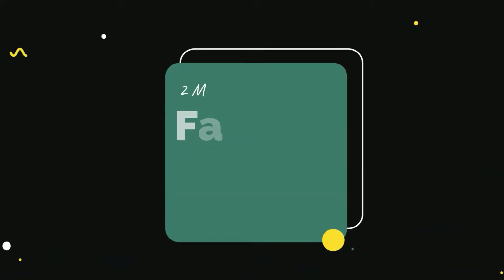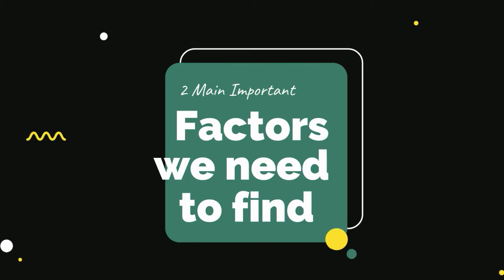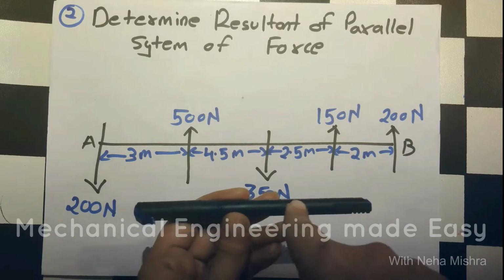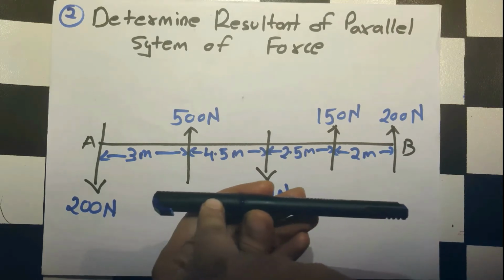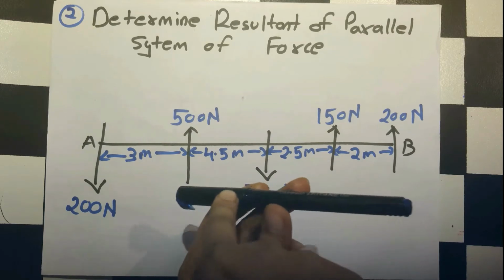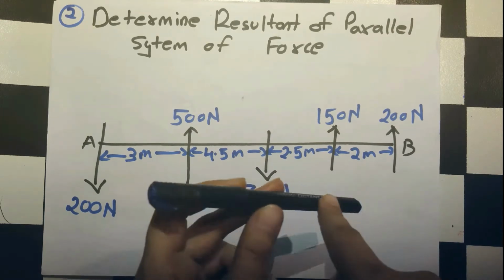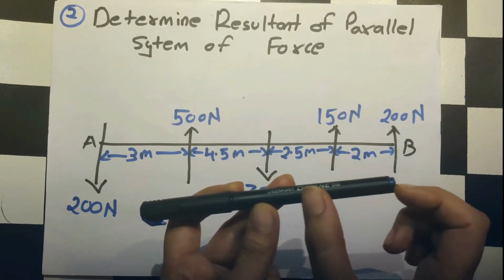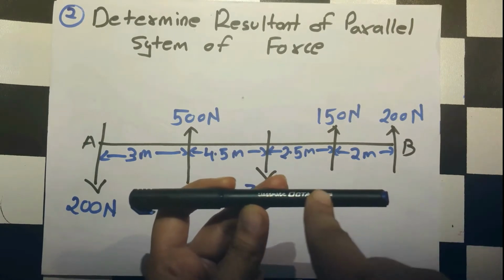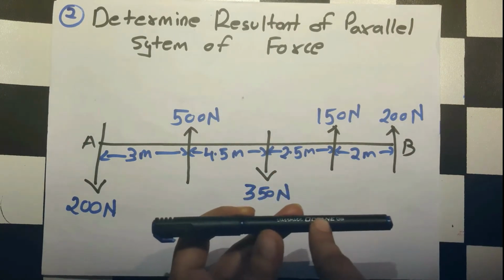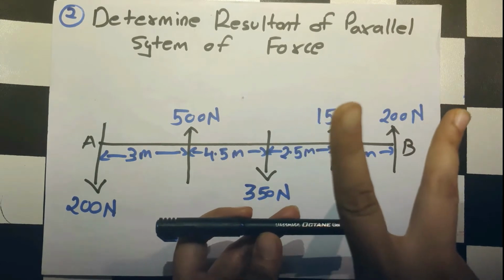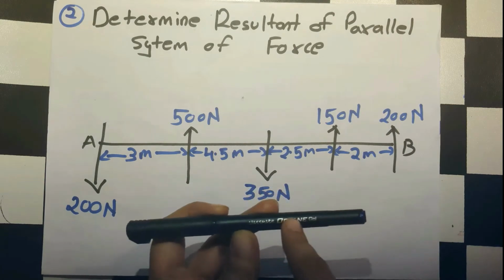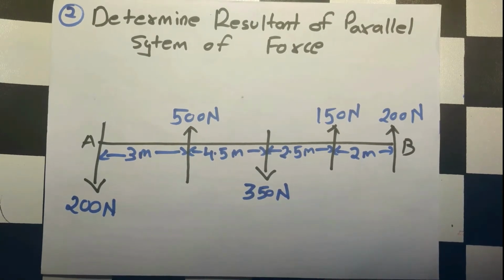The two main important factors that we have to find in this parallel type of force system are the resultant magnitude. What will be the magnitude of force that we have to apply? Again, where we have to apply. If that magnitude is applied here, it will bend like this, but we want it in this direction. So we need the magnitude of the force as well as the distance on this rod from where it has to be applied so that you get the same effect. Understood? Two things you have to find: magnitude and distance on this rod where it has to be applied.